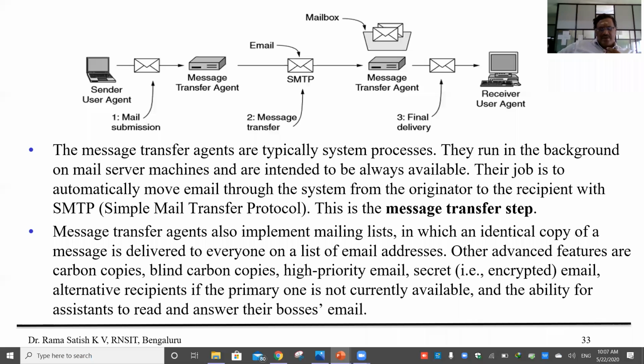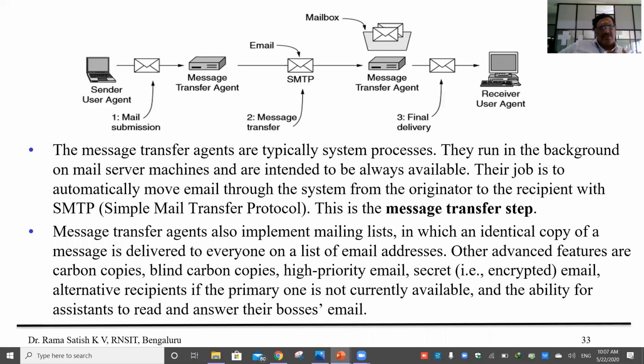And high priority email servers. High priority in the sense that you can certainly set the priority of the mails also. And of course, you can make a mail most important, secret. So when you make it secret, what happens? They are encrypted. See, encrypted mails, and alternative recipients if the primary one is not currently available. So if the primary email is not available, it will automatically forward it to a secondary email address.